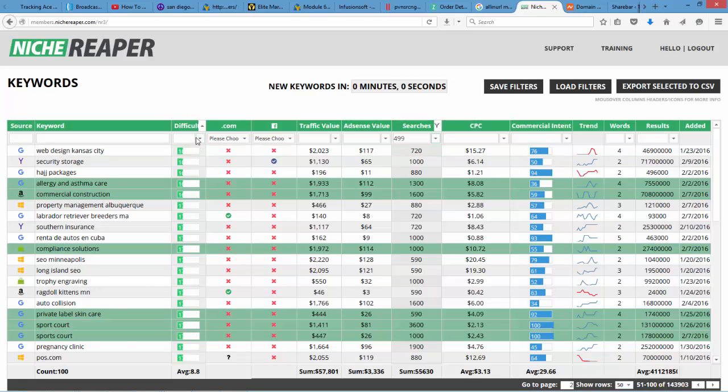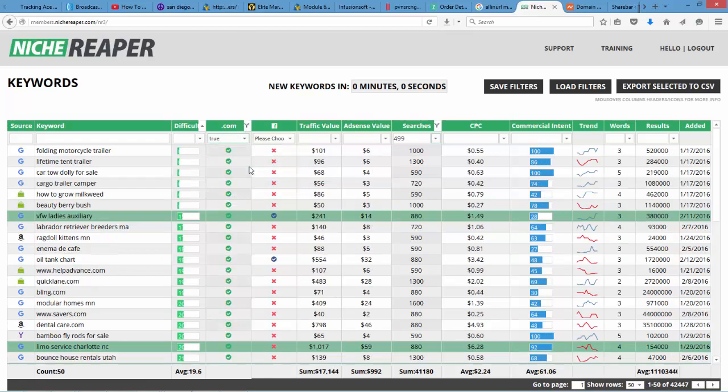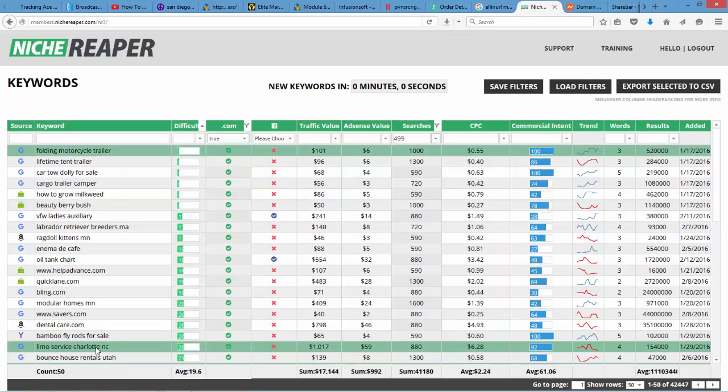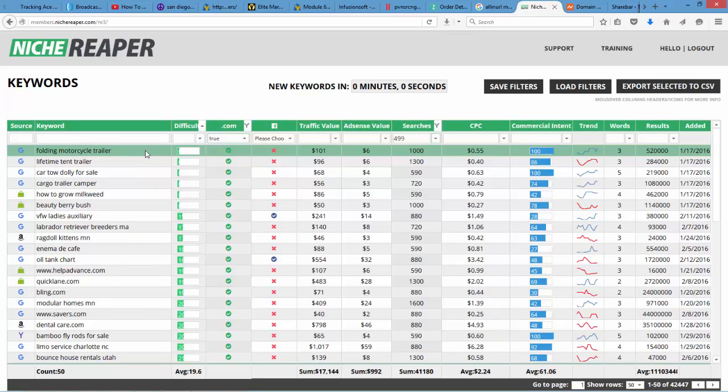So I have it sorted by difficulty, and then I'll choose true on the .com. And I still have it filtered to 499 or better searches. So now I'm only going to see keywords that have the exact phrase .com domain available to purchase. So for instance, on this top one here, say you're going to focus on this as a really sub niche, it's got 1,000 search volume and 100% commercial intent,